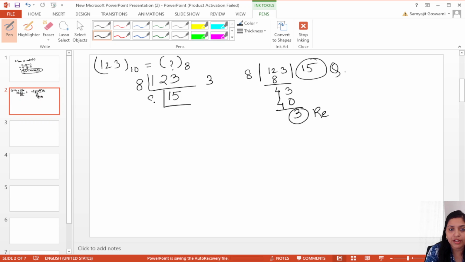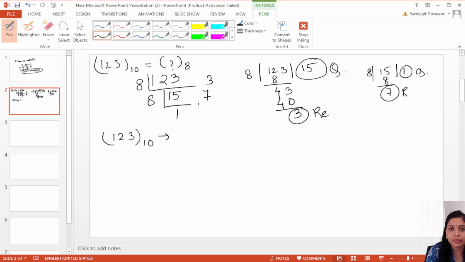Again we have to divide this 15 by 8. What will the result be? The remainder is 7 and the quotient will be 1. We write the quotient here and the remainder here. So if this is our decimal number, what will be its equivalent octal number? We have to consider the result from downward to upward direction. So 173 is its equivalent